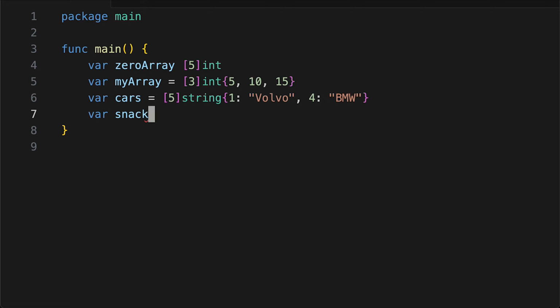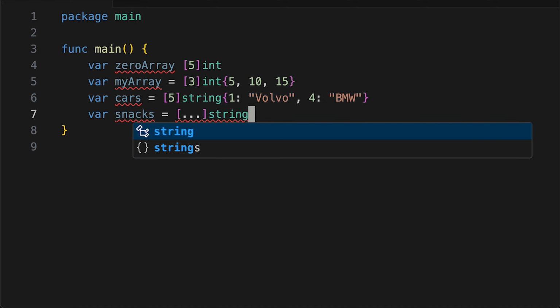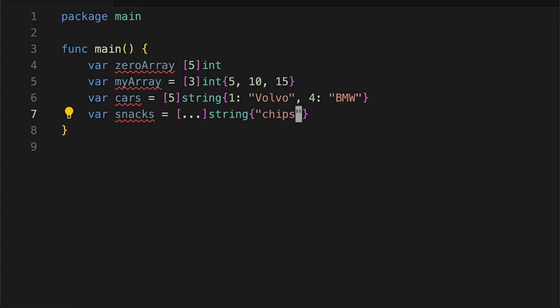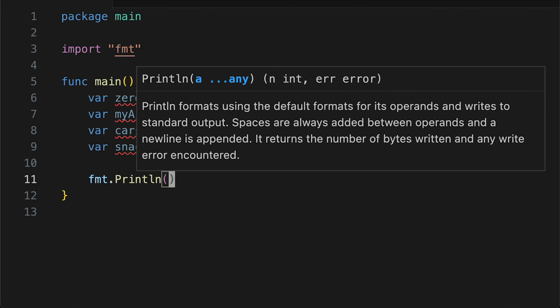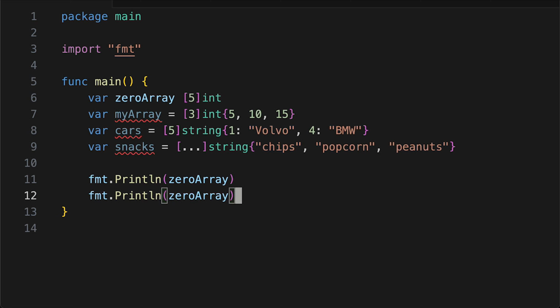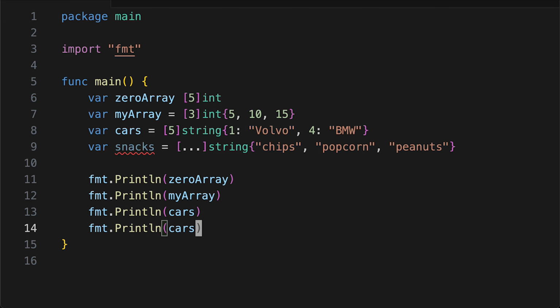var snacks, and here we're not going to specify a number, we just write 3 dots and string: chips, popcorn, peanuts. Let's print out all the values of the arrays we created. So fmt.Println zeroArray, and then myArray, cars and snacks. So open up a terminal